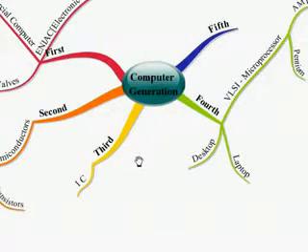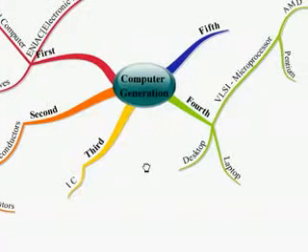Next we see the third generation computers. In the third generation computers, most of the transistors were replaced by integrated circuits, or ICs. The full form of IC is integrated circuit. Integrated circuit means many electronic components like transistors, capacitors, resistors, inductors, etc. were built into a small silicon chip. Everything integrated. A circuit is integrated into a small chip.